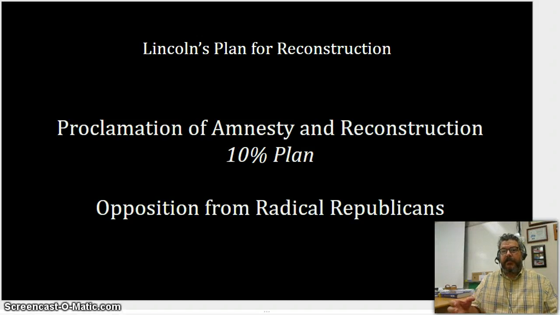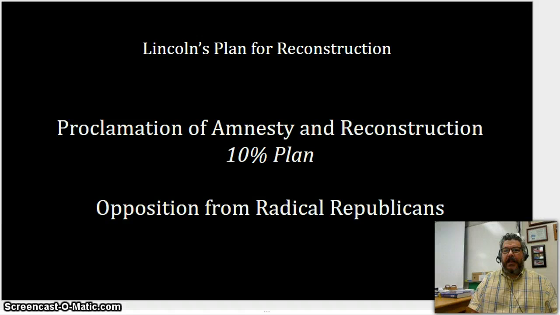He excludes from that 10% any Confederate leaders, either political or military leaders, any Confederates that are on trial or being considered to be put on trial for war crimes. They would be excluded. And it meets with immediate opposition from radical Republicans. Republicans don't feel like it goes far enough. They're dissatisfied with the reach. For Lincoln, his primary objective is going to be bringing the South back into the Union as quickly as possible. For radical Republicans, it's going to be dealing with the issue of black rights and black freedoms in the aftermath of slavery.